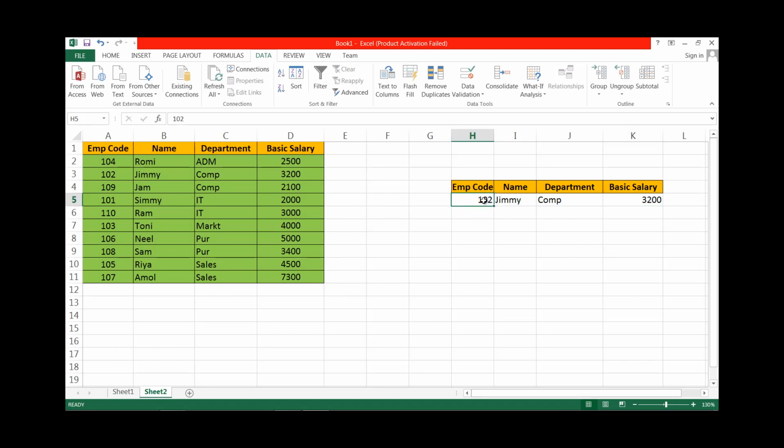Okay, like this you can search your data from the whole data records. Suppose 108, here is 108 Sam, purchase.